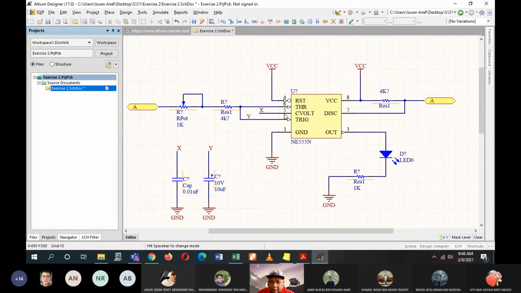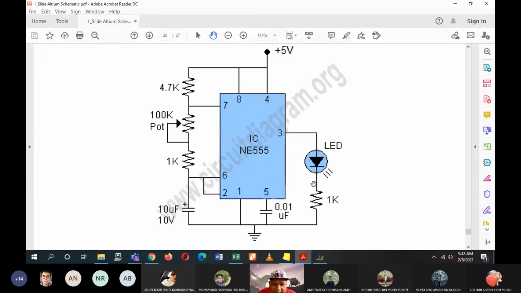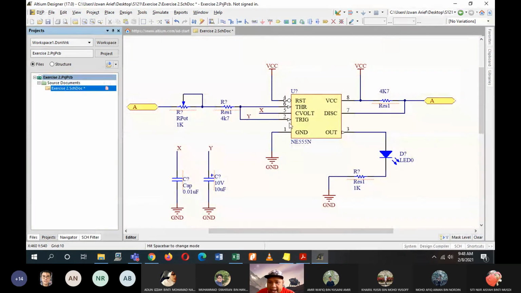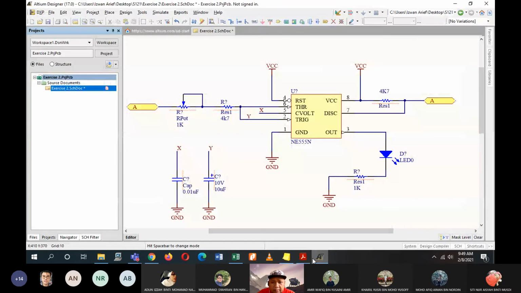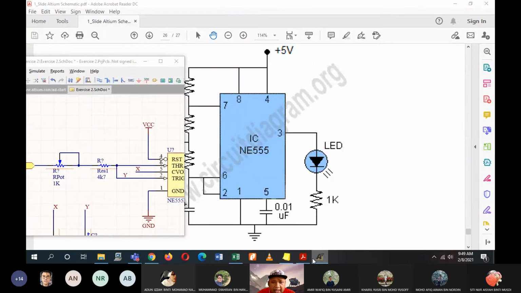For example, pin 5 goes to the 0.01 microfarad capacitor, and in this diagram it is connected directly, no problem. But here, the trigger at pin 2 is connected to resistor 1, 4.7K. Pin 2, trigger, yes.